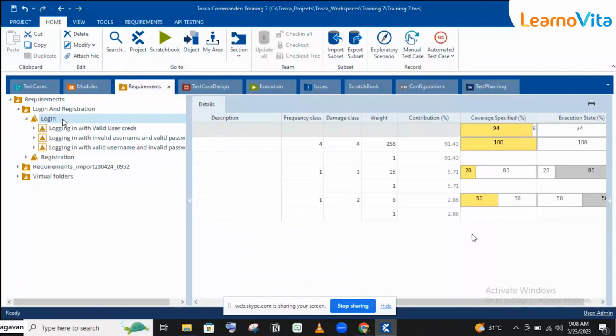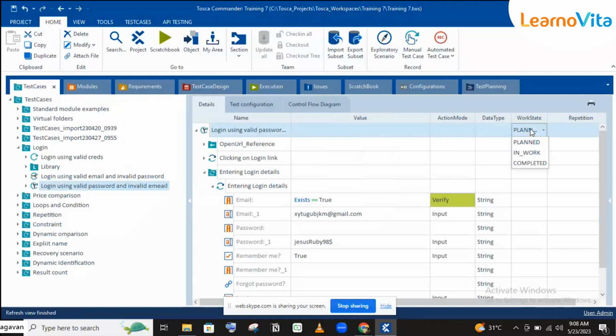Not execution, the work state, based on the work state. Here we have work state, right? So based on the work state. So normally we would set the work state if you have just started working in the test case, the work state will be planned, right? And if you are doing some process, the work state will be in work. And if you are done with the test case,